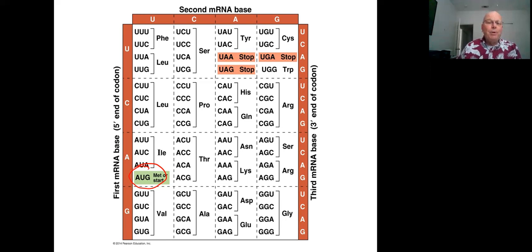Then just as it's important to recognize where the message begins, it's equally important to recognize where the message ends. So in language, we have 3 ways of stopping a sentence: a period, an exclamation mark, and a question mark. Now, don't read anything into this. There's nothing conspiratorial in this, but it just so happens that in the genetic code, there are also 3 ways of stopping the genetic message, what are referred to as 3 stop codons.